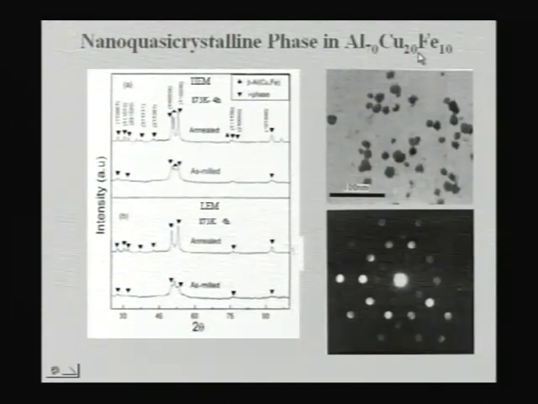Stable, what do you mean by that? Stable means you take a liquid and cool it slowly. By a normal casting process, you can get a quasicrystal. You don't need to do any fast cooling. Just like any normal aluminum, you melt it and cast it. Similarly, you melt this aluminum, copper, iron alloy, and the composition is 65, 20, 15: 65 aluminum, 20 copper, 15 iron. This particular composition is called the stable quasicrystalline composition.